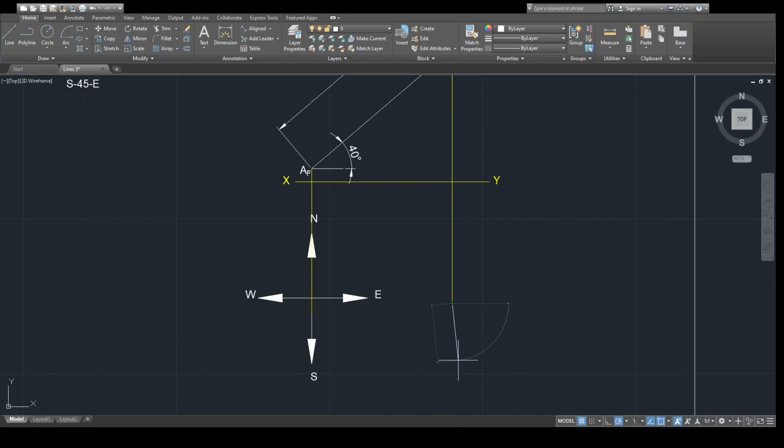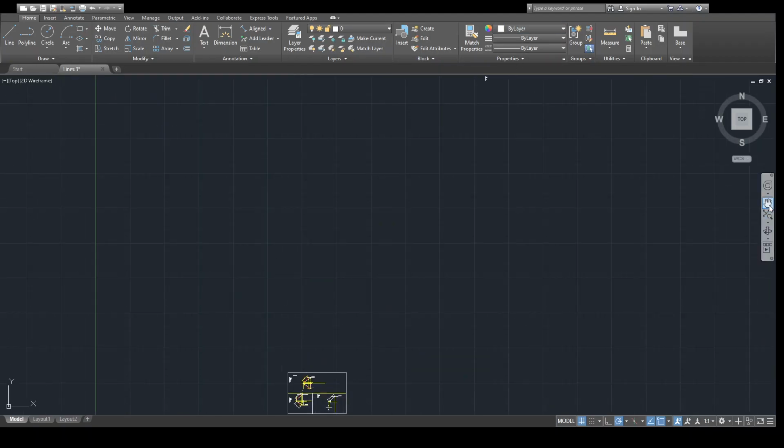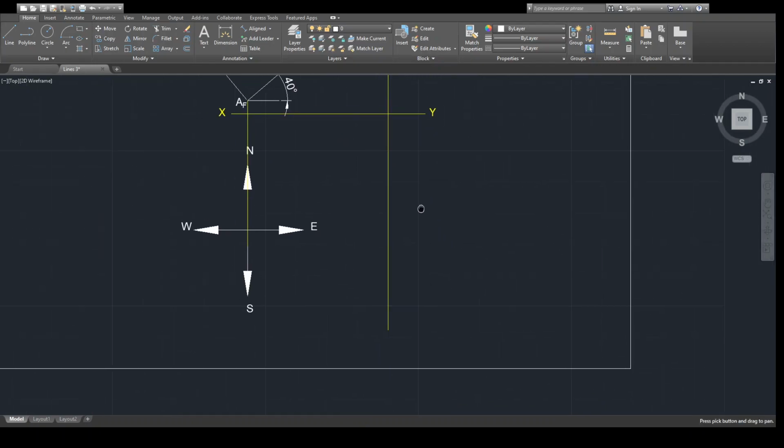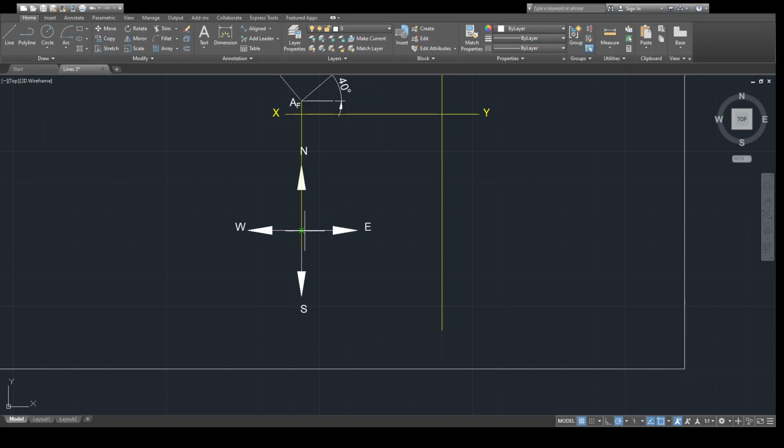I will extend this line down further. It means from this particular point, S to E, 45 degree I will draw a line. It doesn't matter, actually the angle is 45. Up to which point, that we don't know, so we need to extend the line because we don't have a locus here.